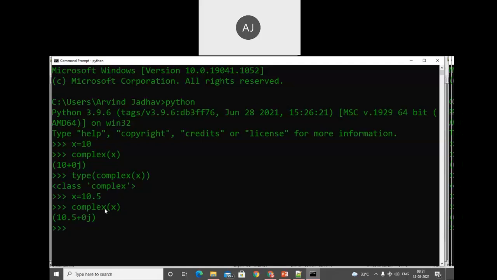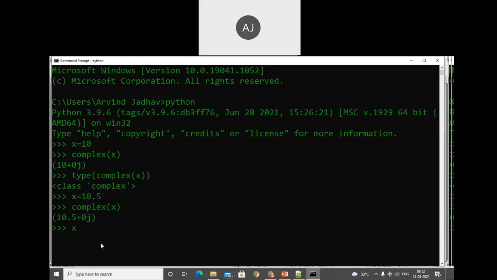Once we convert it using typecasting, we get the value 10.5 plus 0. What does it mean? It means we can successfully convert the fractional value into a complex value, and that part will be converted into the real part. We get 0 for the imaginary part. That means integer and float are successfully converted into complex number. Integer and fractional numbers are easily converted into complex numbers.